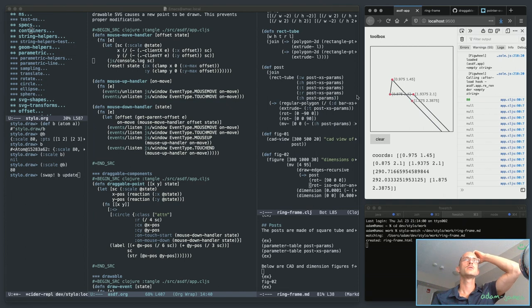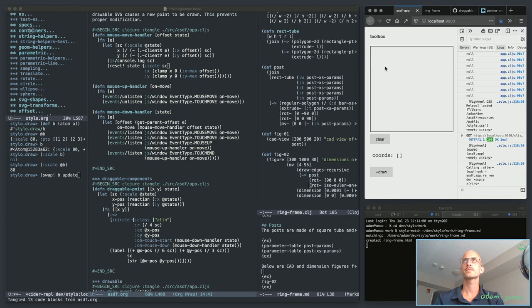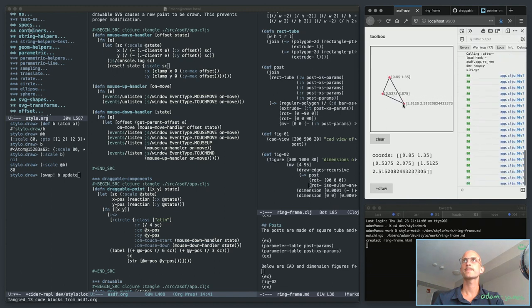Oh, here, right? So I'm resetting the state. Scale is scale. Let's see if that works. Yeah. I'm not sure that that's the most elegant thing in the world. In fact, I'm quite convinced that it's not. But it does do the trick. And now